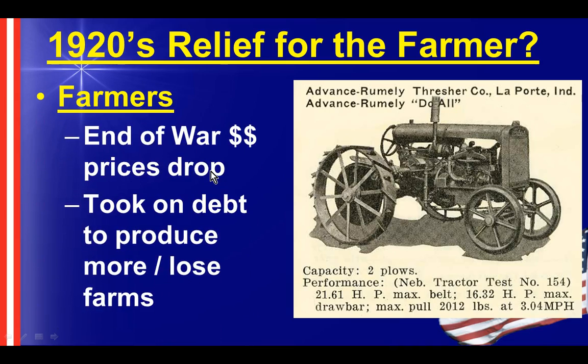The 1920s farmers, again, as we talked about with World War I, took out a lot of loans to win the war, but when the war is done, they're stuck with those loans and prices drop because the demand for war goods drops with the end of the war as well. And so they have this debt left over and this mechanization. You see this super high-tech tractor that they've got here, about the 1920s style type of tractor.